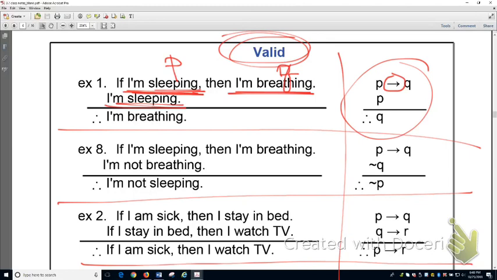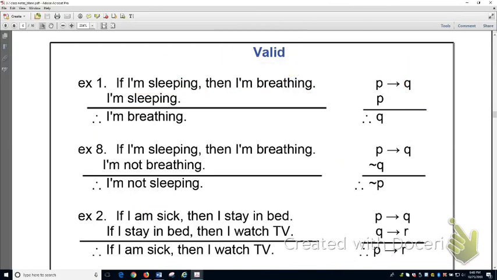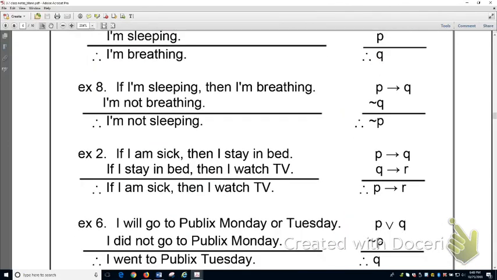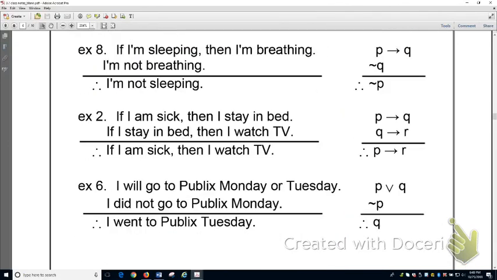Okay. And so just take a minute to look at each of the arguments and verify the translation for yourself, that it makes sense. So actually I want to look at this one,